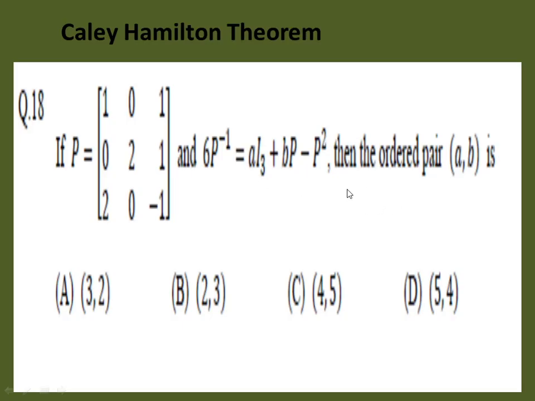Before we start the solution, let us discuss how we can solve this problem with our regular procedure. Suppose you don't know the Cayley-Hamilton theorem and we are not using that theorem. How can you proceed? To solve this example, you have to find the value of P inverse as well as the value of P square, which will take a lot of time and be lengthy, and there are chances of being wrong. So this theorem, Cayley-Hamilton theorem, helps us to solve this problem. Okay, so let's start.